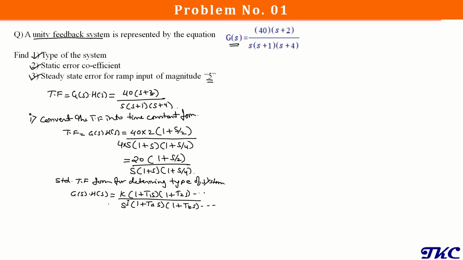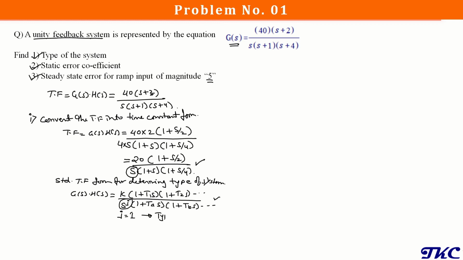By comparing the transfer function that we are having in the question with this transfer function, we can make out, based on the power of the separate s, what is the type of system. So here we have to equate the power of s, that is this one, because this is the separate s that we are having in the given transfer function. If we compare, we are getting a j value to be 1. So based on the j value we can say that it is a type 1 system.